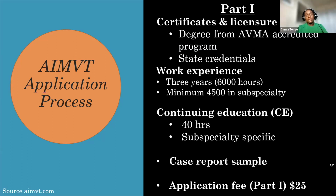Within my subspecialty, the hours needed to be specific. For example, if I went to a conference and I completed a 1-hour CE that was on maybe emergency and critical care or toxicities, that would not necessarily count towards my VTS in small animal internal medicine, versus me going to a session that may be for IMHA. If it's going to be a session that's given in person, you will be able to make sure that it is RACE approved or its equivalent. And as a part of a session, it usually doesn't matter if it's given by a VTS